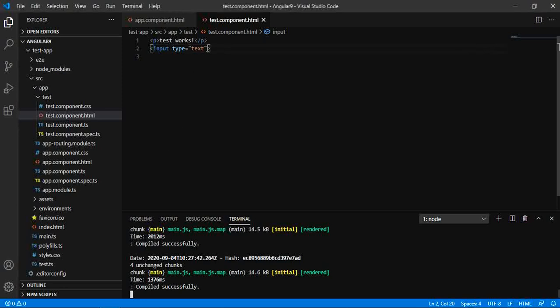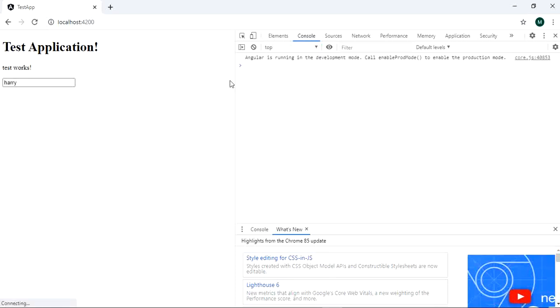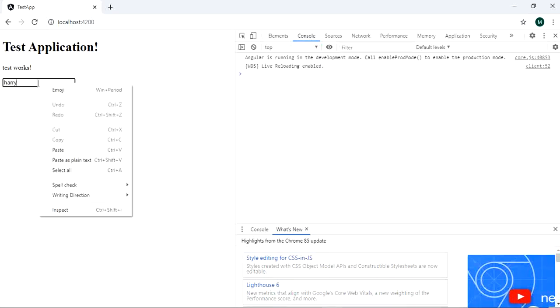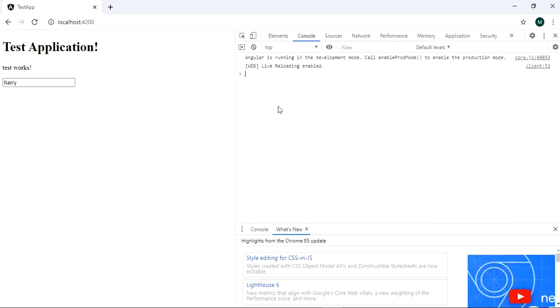Let me give another example. Suppose that I am trying to bind some value equals to Harry, and let us see what will happen. Right click here and go on inspect, and you will see here $0 defines the first selected element.